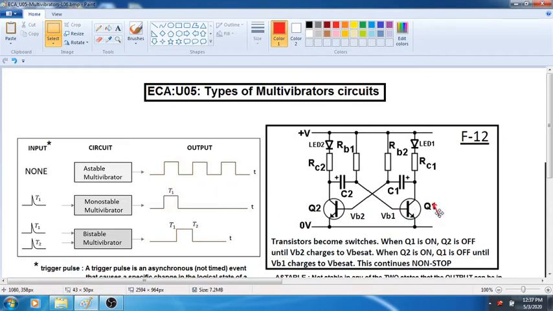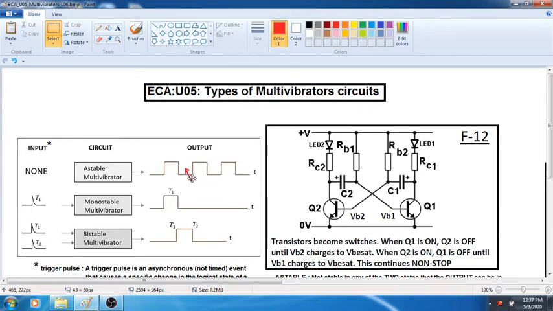That means when Q1 is high, Q2 will be low. So we will come into those details later. So just remember, an astable multivibrator consists of two states, and the multivibrator will not be constantly at one state. So it will be for a fixed duration in one state, and the remaining duration it will be in the other state. So this is always constant.